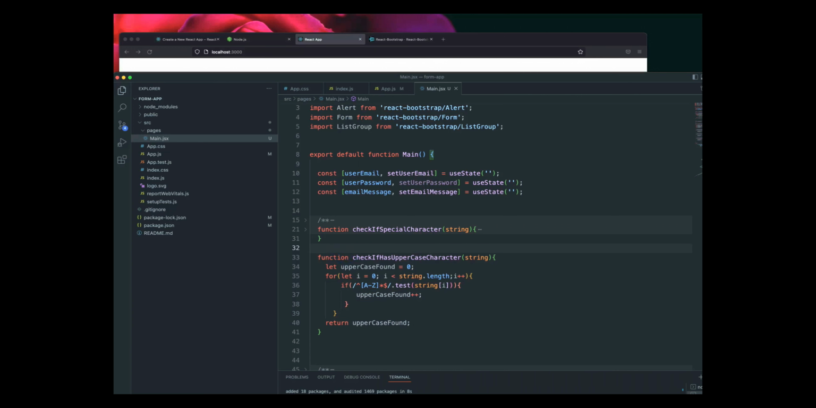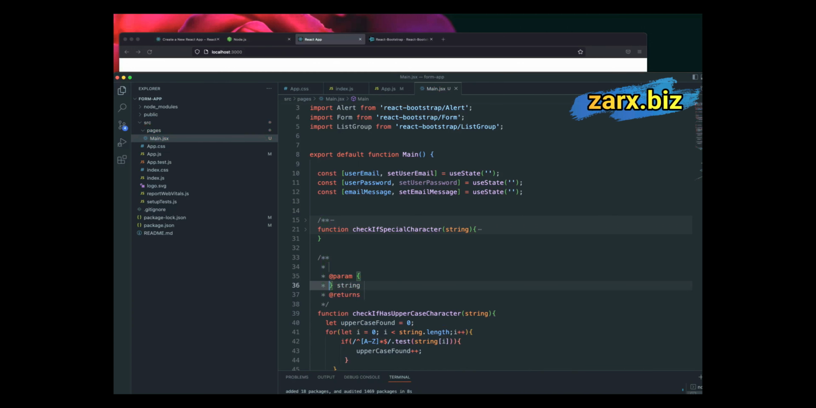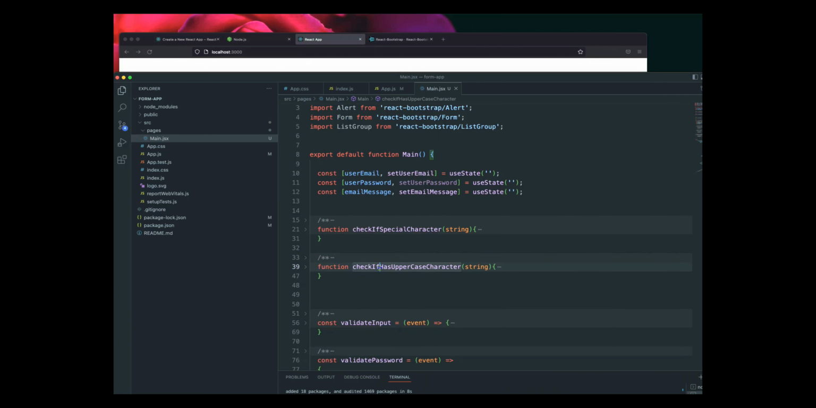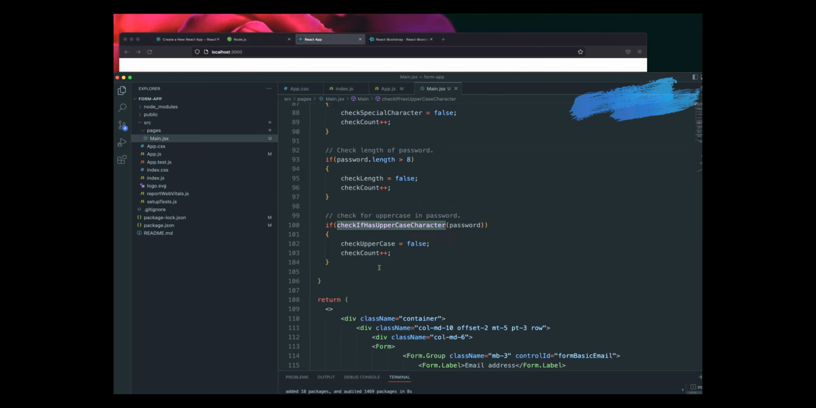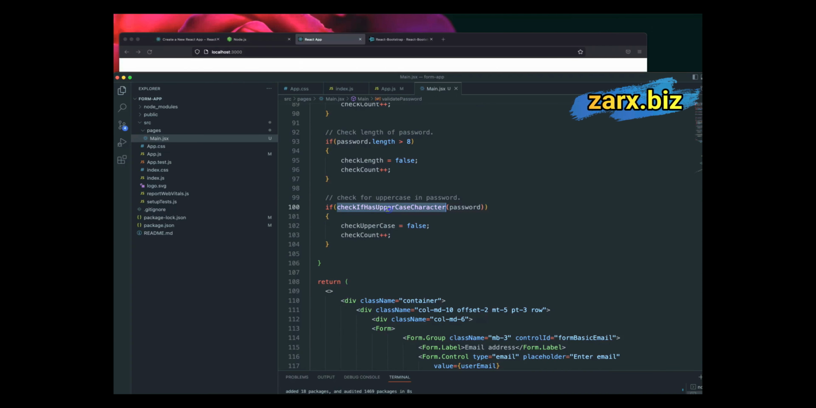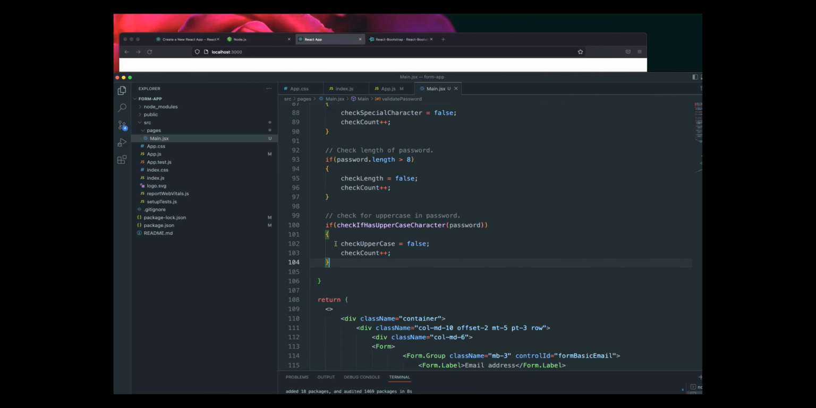So here what we can do is comment: checks for uppercase characters and returns boolean. All right, now we have it, so we can use it. Make sure to use the exact same name we provided there. All right, so we have length, special character, uppercase,